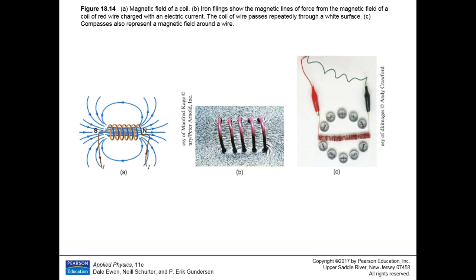This is for a solenoid now. I don't think they show it here. Here's the field strength for a tightly wound solenoid coil. B is equal to our good old mu naught, the permeability of free space, times I, that's your current, times N, which is the number of coils. This one would have 1, 2, 3, 4, 5 coils.